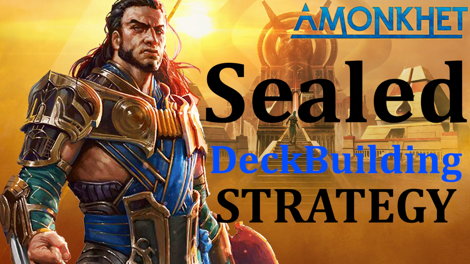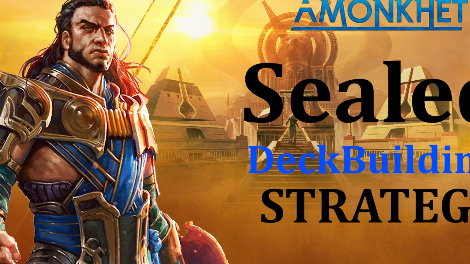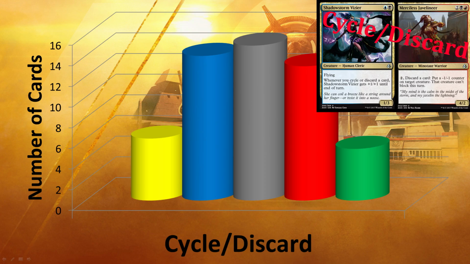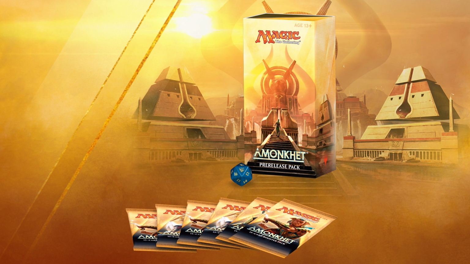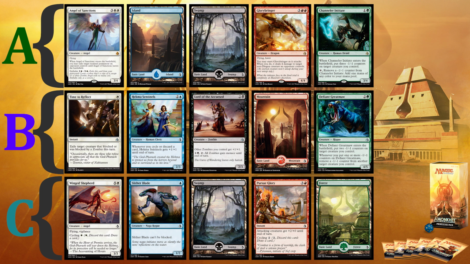Amonkhet is a very difficult set for Sealed. What's tricky about it is that there's a lack of mana fixing, themes that span all 5 colors, and new and unusual mechanic interactions. The biggest challenge will be the deck building process, as it will be difficult to know where to start. In this video, we'll discuss a deck building strategy that I believe will be highly useful for